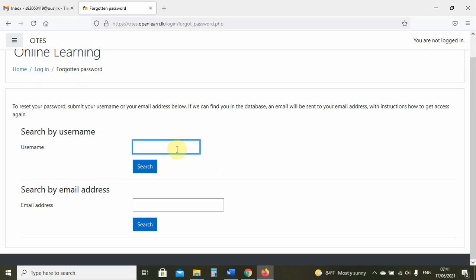So we can search by username here, and in this case we can use the S number, that is Zakir's S number.